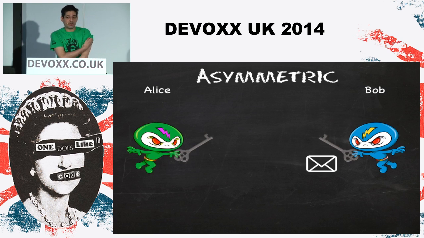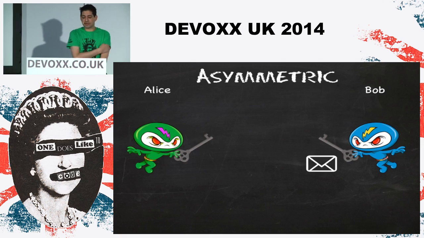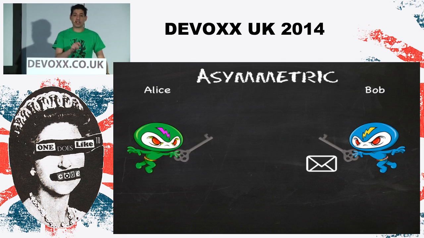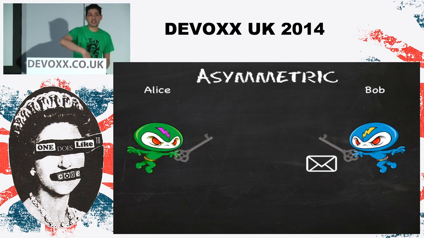This isn't how RSA works. RSA works by sharing the public key. So in fact, what would happen was Alice would lock it with Bob's padlock and just send it straight to him, and he'd unlock it with his special key.